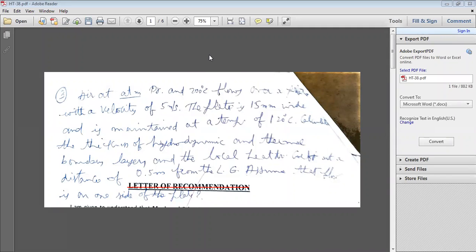That's why for any problem, first you have to calculate the Reynolds number. You have to verify whether the Reynolds number is less than 5 into 10 power 5 or not. If it is less than 5 into 10 power 5, or 5 lakhs, then the flow is laminar. That's why whenever there is flow on a flat plate,